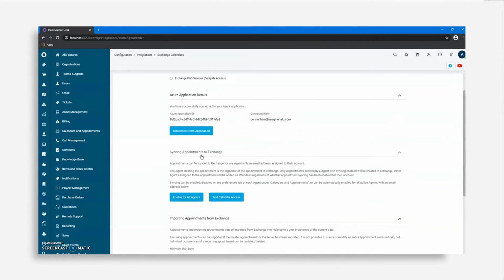So we're going to start off by looking at syncing appointments to Exchange. So first of all, the person who is creating the appointment, they are going to be the organizer of the appointment in Exchange, and they will hold what is known as the master appointment in Exchange. For the purpose of this demo, I have myself and 3 of my colleagues who I have access to their calendars, and we're going to be creating some appointments,